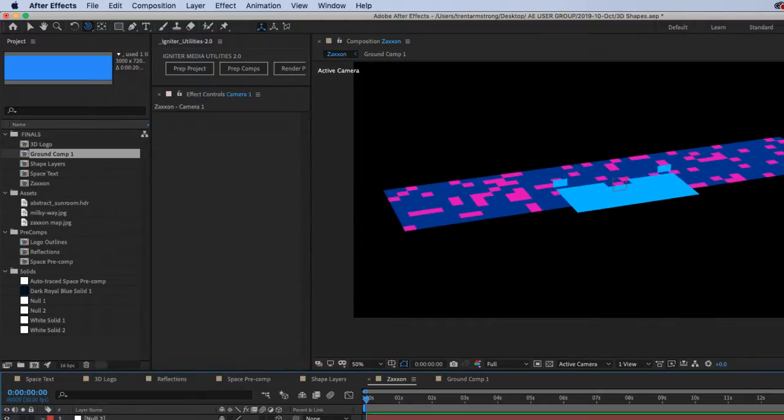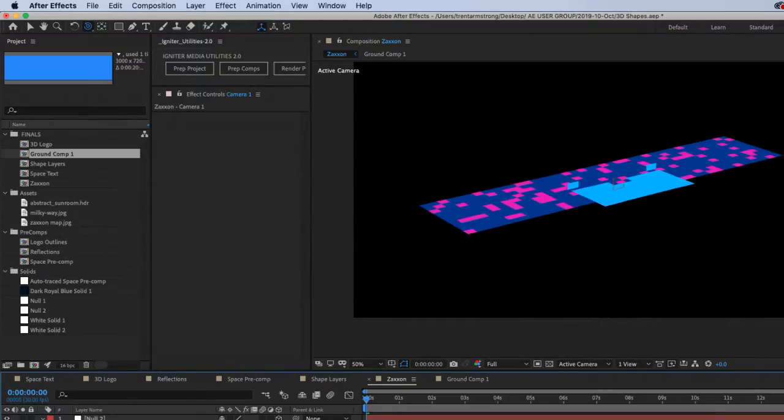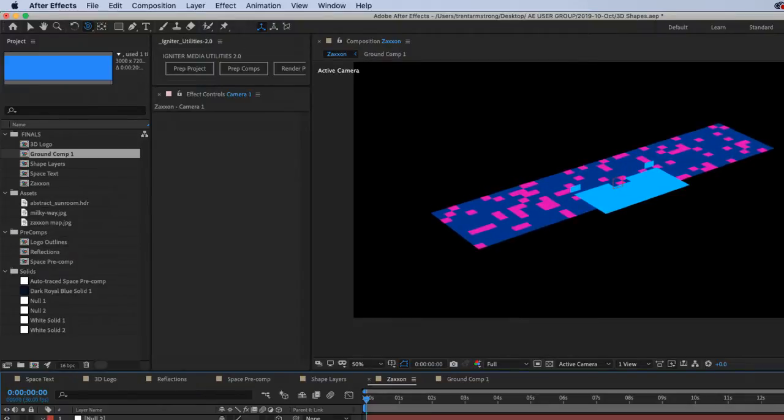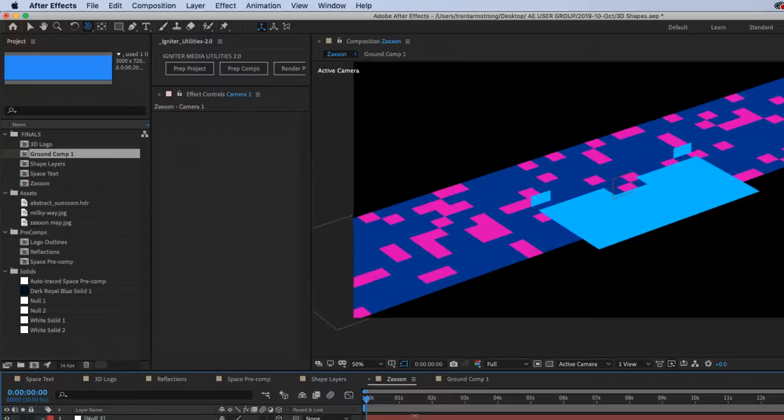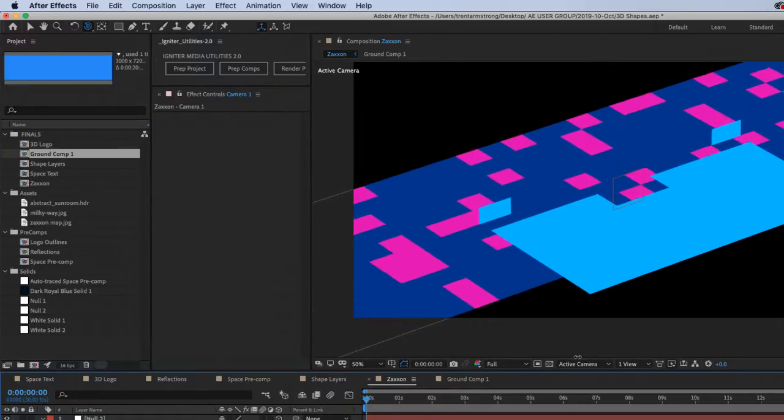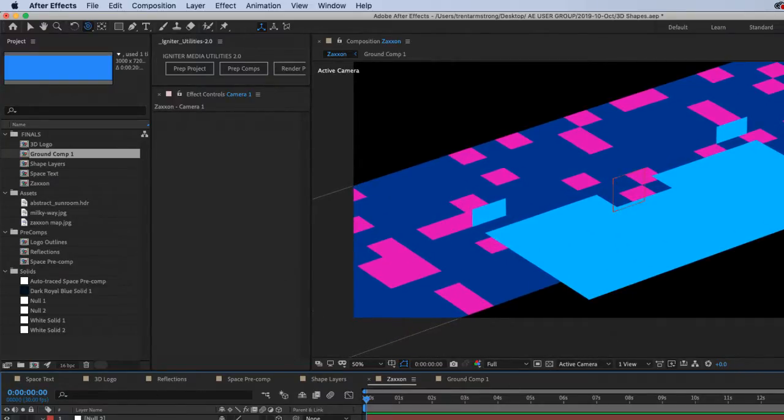I'll go way back in space and then zoom in. Like so. All right. So now there are columns right there, and it's time to put them in place.